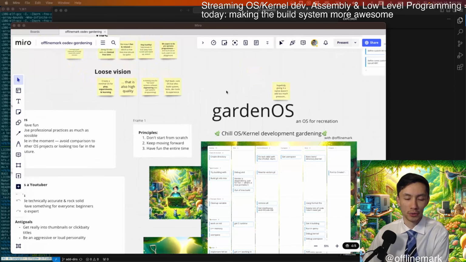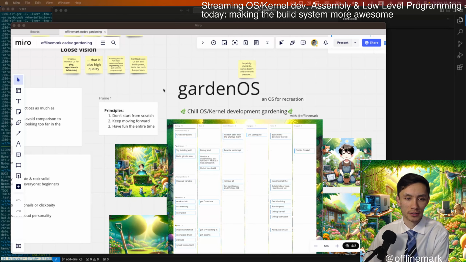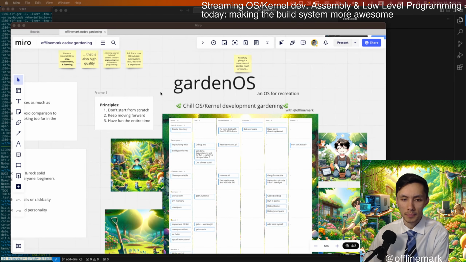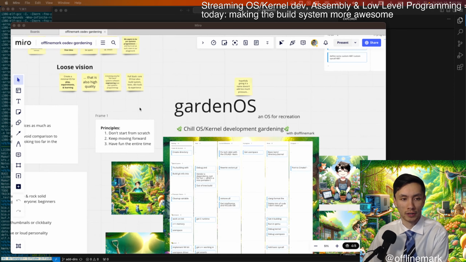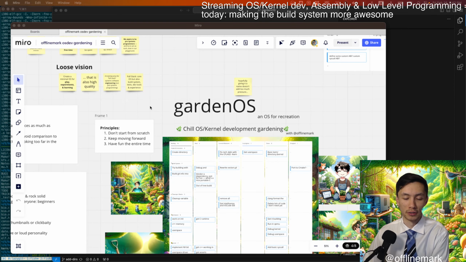Just for context, if you're new here, this project is kind of unique. First off, I'm not starting from scratch with my operating system. I am basically starting from this open source one called XV6, and I'm just trying to do little things to build my confidence because I'm not an expert. I'm not a beginner either. I would say I am an intermediate systems programmer. I have a decent amount of experience conceptually with a lot of this stuff, but I have also never personally implemented it. And so this is my opportunity to do that.